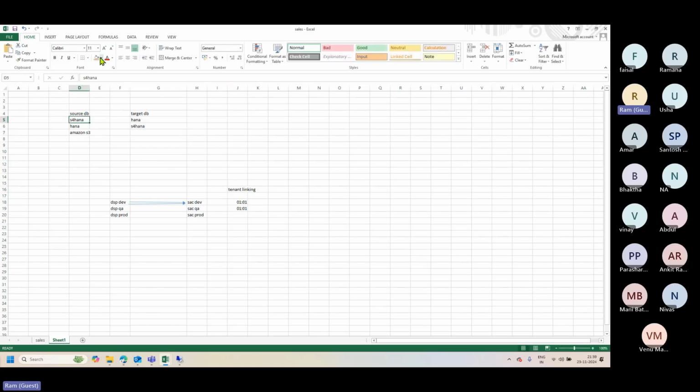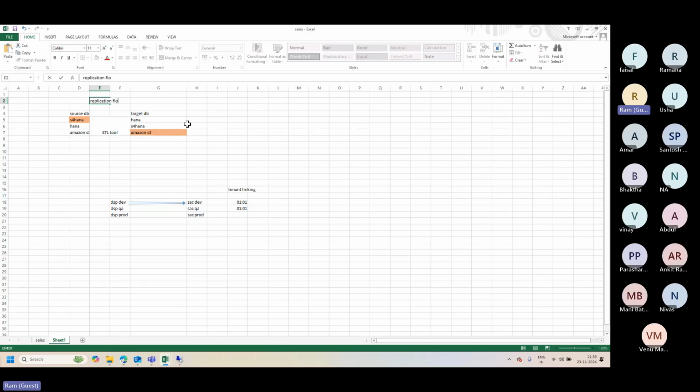From the source, I'm picking maybe S4 HANA, and in the target maybe I'm picking Amazon S3, right? So I want to copy say 5 tables from S4 HANA and put them in S3. In that case, I am using replication flow, or DataSphere just as a connector or the middleman, popularly known as the ETL tool, right? So in that case, I will use the replication